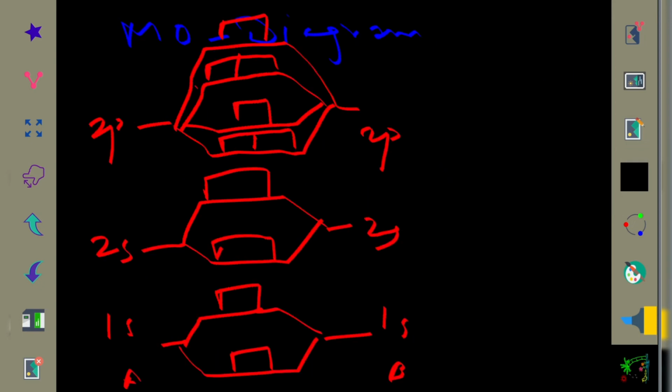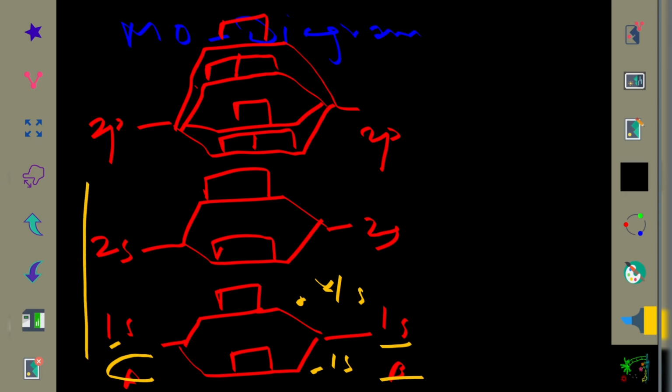Now let's have a look at the molecular orbital diagram for two atoms A and B. For 1s atomic orbitals, it will give the molecular orbitals sigma 1s and sigma star 1s. So always remember this thing: bonding will be more stable when compared to the anti-bonding. So sigma 1s will be the lower energy, and energy will flow in this order, from lower to higher energy, and energy is inversely proportional to the stability. That means sigma 1s is most stable when compared to sigma star. So here 2 electrons will get filled this way.